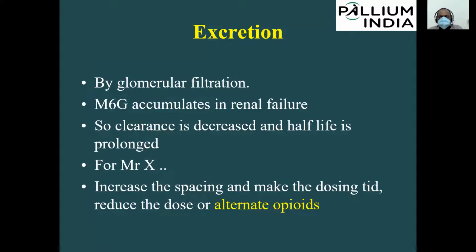So in this patient, first of all, you have to stop the morphine. Maybe 1 or 2 doses you need not administer till the patient becomes alert. And once the patient becomes alert, then you have to reduce the dose of morphine. Also, instead of 4 hourly, you may administer it 8 hourly or 6 hourly or 12 hourly. So this is a situation where you use morphine with 6 hourly or 8 hourly or 12 hourly doses. Or otherwise, you can use renally safe opioids like methadone or fentanyl.